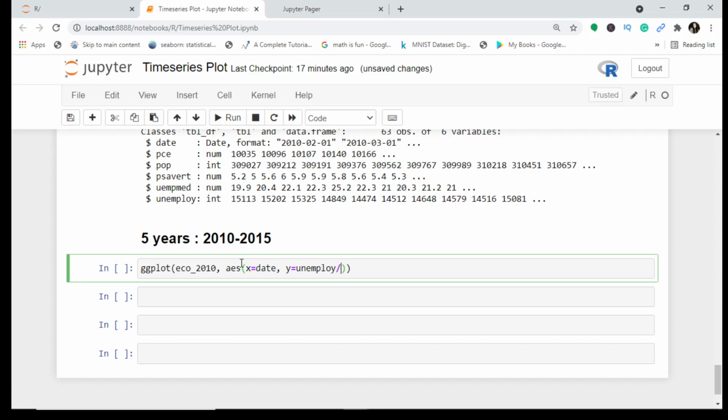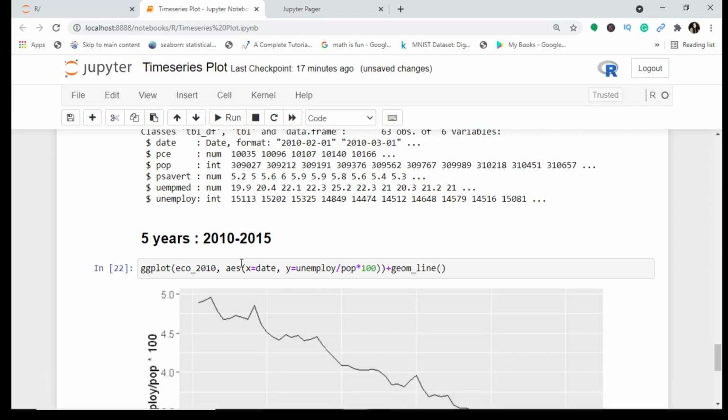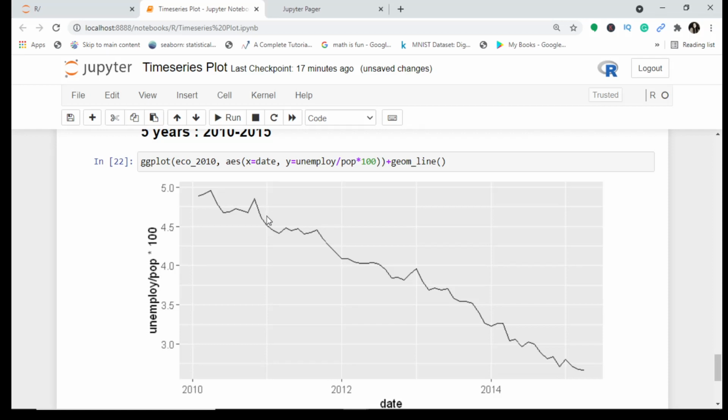And I would take the rate here actually. So you can take population into 100, or you can just take population, and then you take geom_line, oh sorry, line, not bar. So you get this line wherein you find some ups and downs, and since again this is not clear, there are various months. Can you see this till 2011? There are several months here.